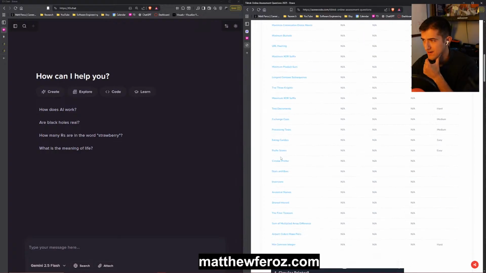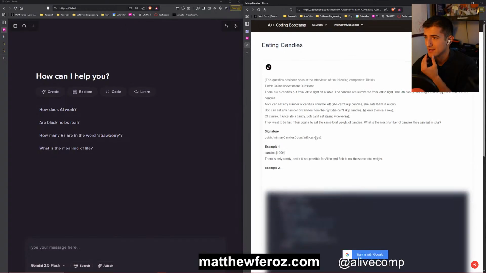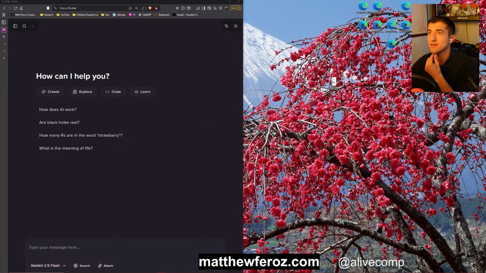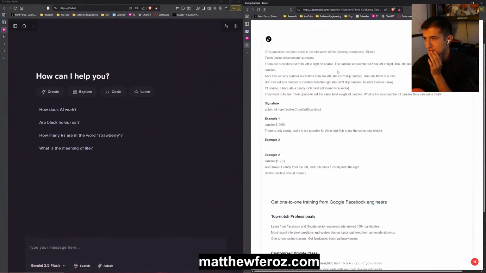Longest QR. Why am I picking these same problems? Let's see. Eating candies. Let me try this. Okay, well, that doesn't help.